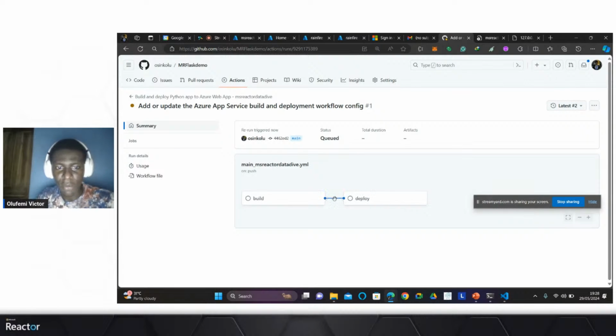So what actually happens when you run a build job is that Microsoft Azure connects to your GitHub, and of course then does a build for you. And then also, aside from doing the build, they then go ahead to pull your code right into Azure and go ahead to deploy.